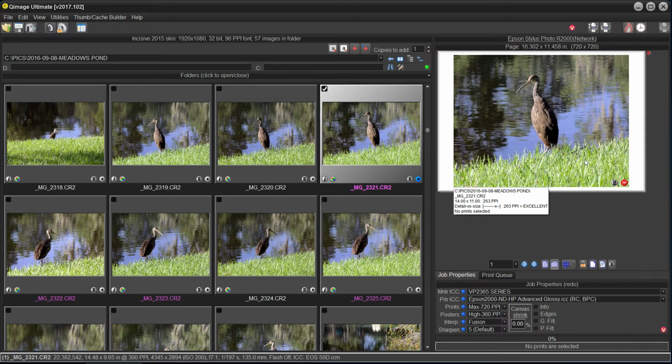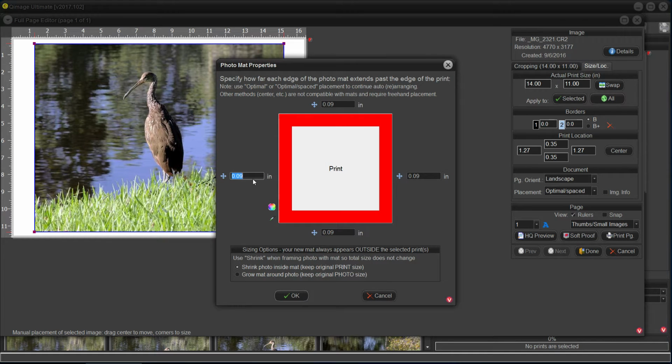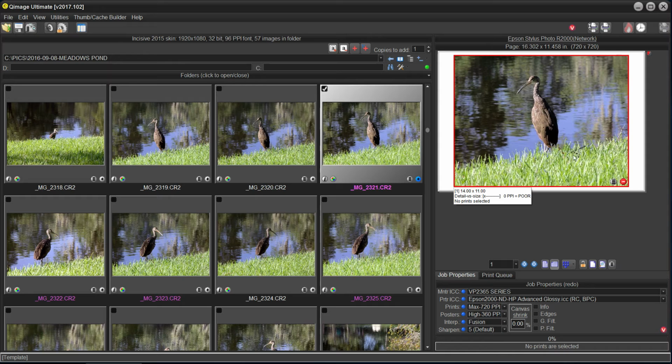If you interpolate twice here and once there, and then you go over there and you want to put a border and you save that one and you do this and that, you're only degrading your image. Maybe it's imperceptible, but you're degrading your image. Okay, if I go in here and I say to QImage, okay, make a mat. Okay, all right, I've made a mat. I don't have to save this again. I just say done. And now I make a print and I got a red border.